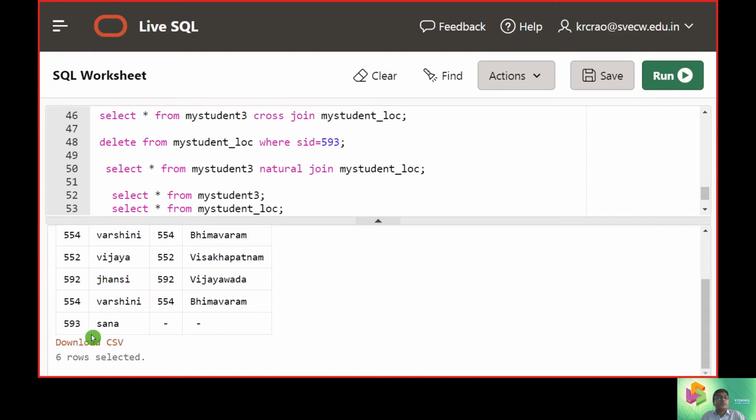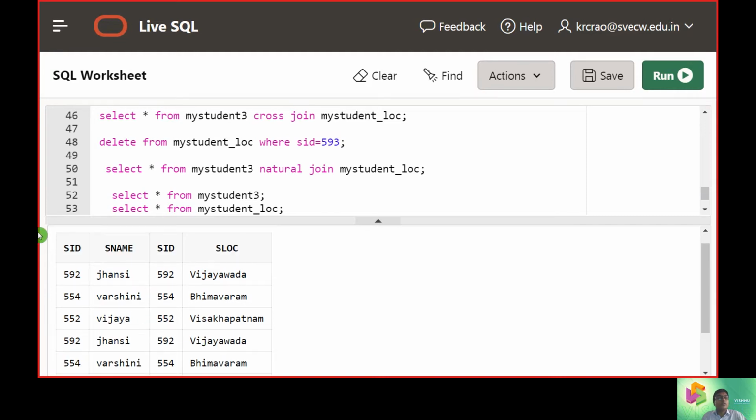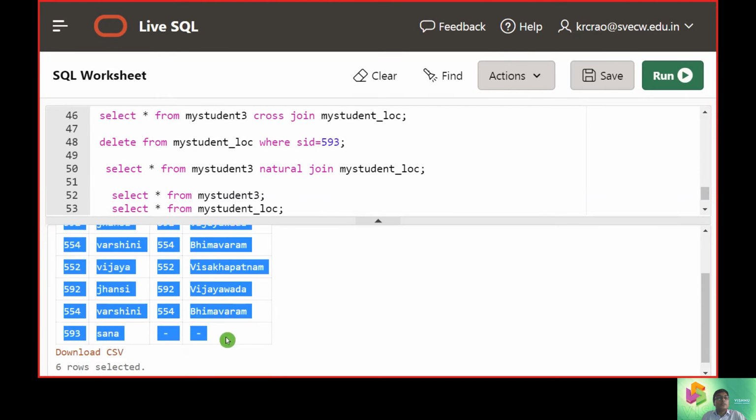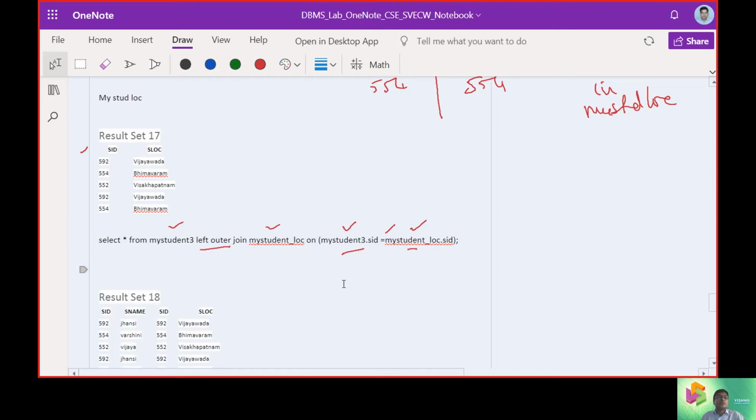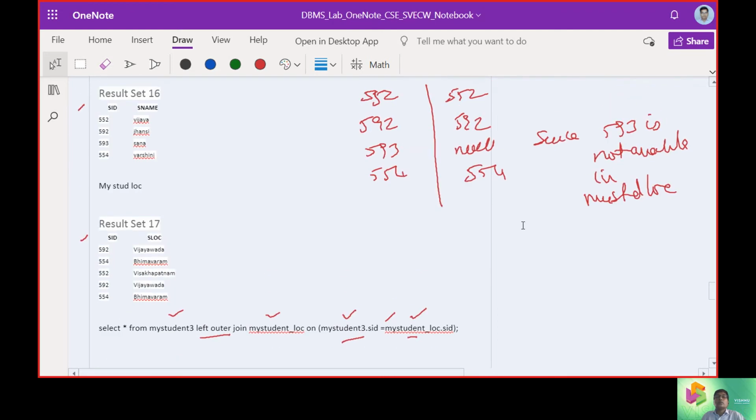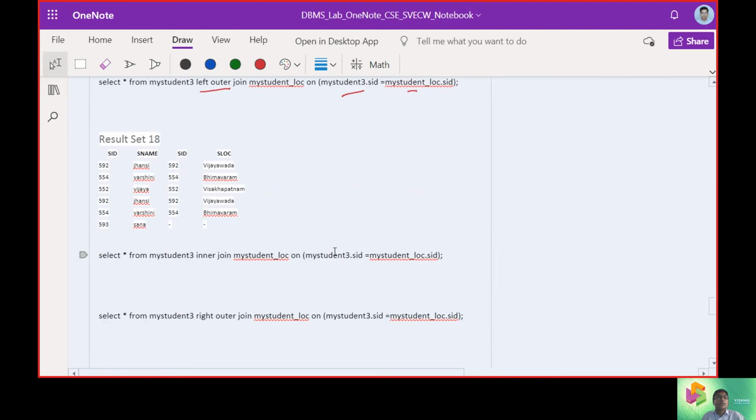Now you can see 593 is not available, so null values are going to be placed. That's where we get 593 as null. So that's how we mark the element.